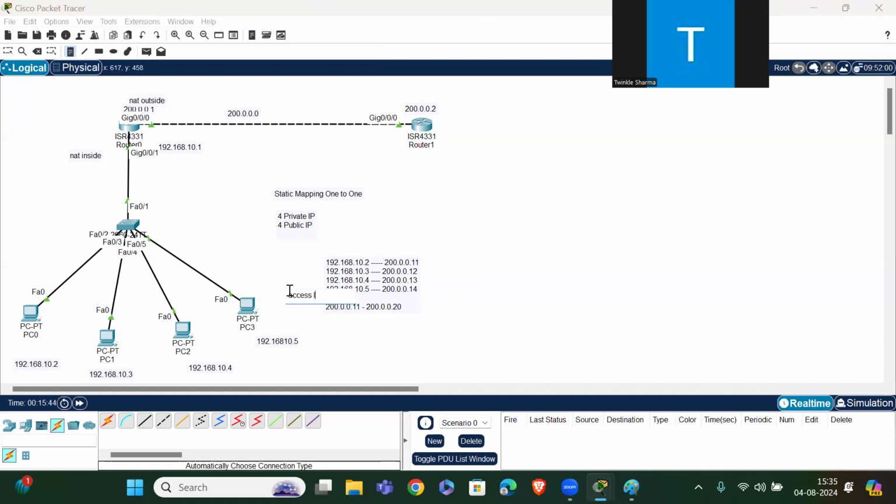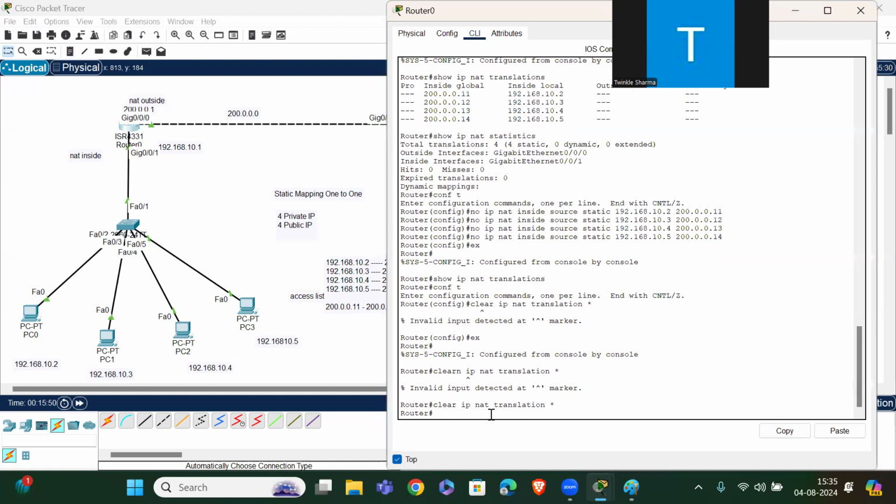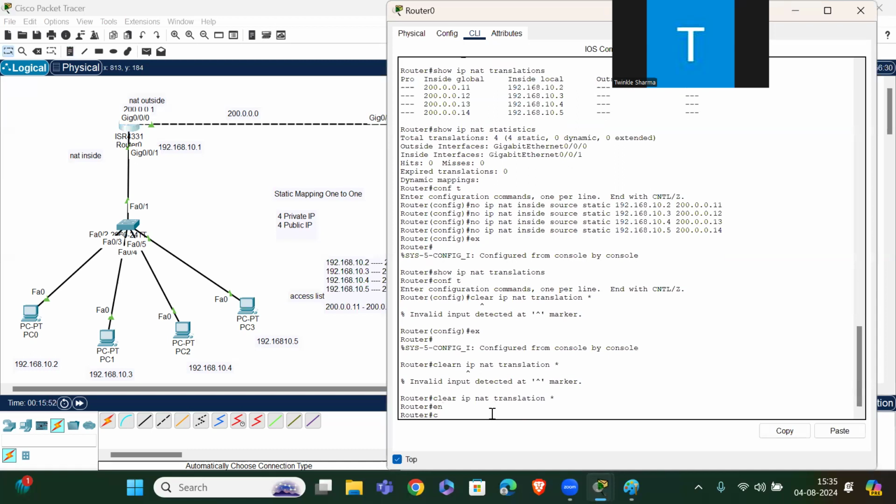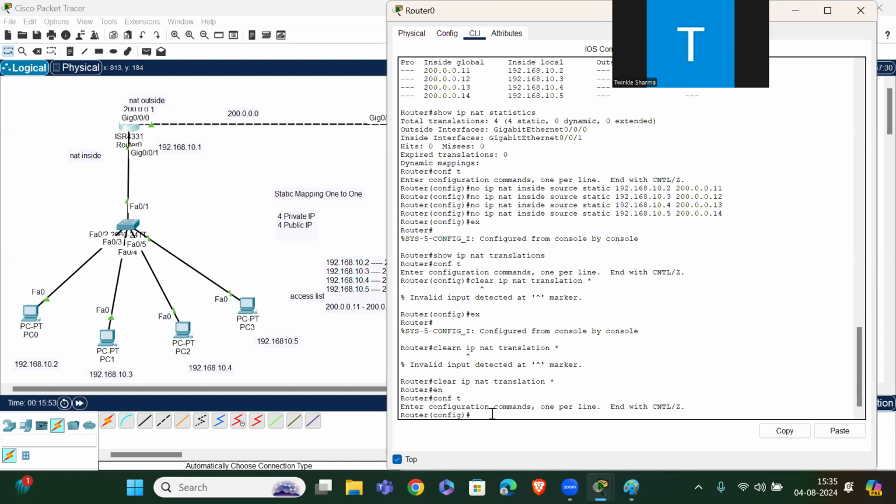Okay, so let me go to the router 1, and do enable, conf t.